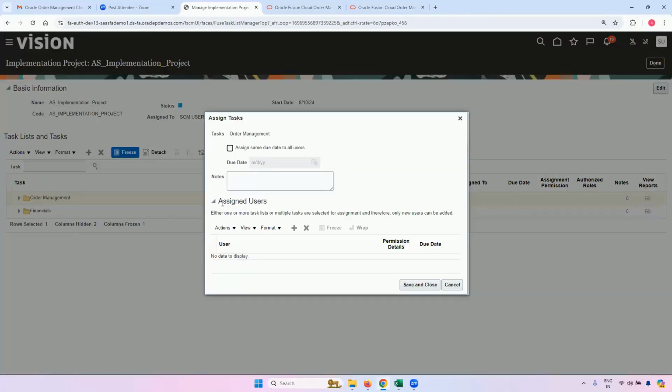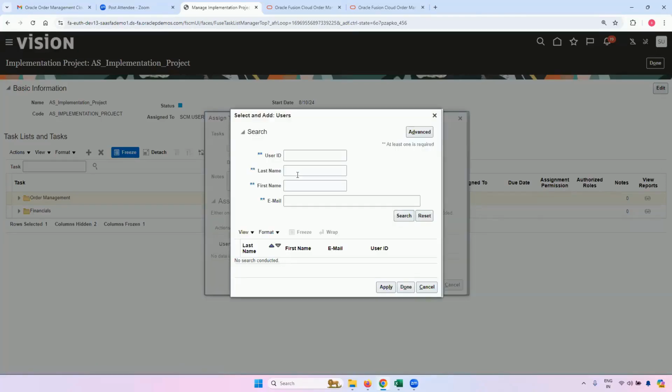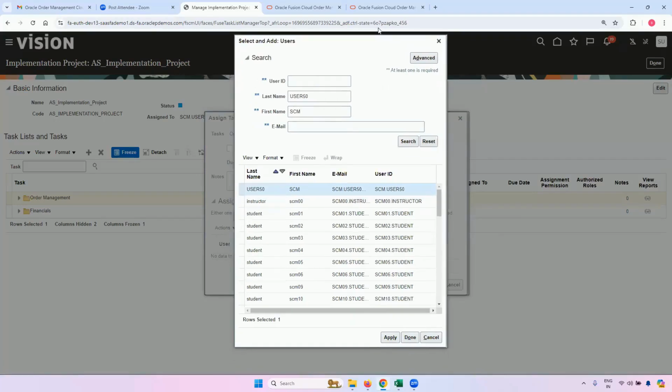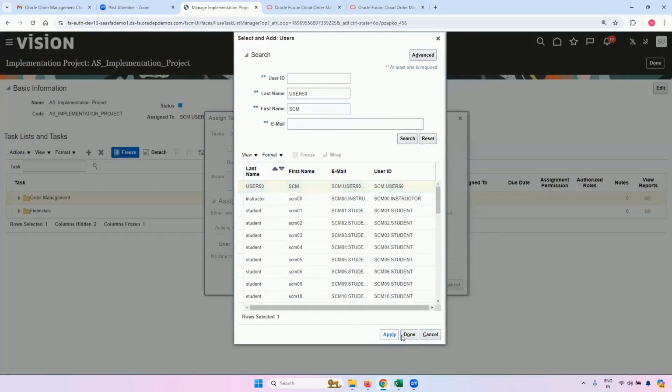Then under assigned users, you can click on plus and search for your username. My username is, suppose, SCM user 50. I'm just showing you how to assign it. I have selected my name, and I'll click on apply and done.